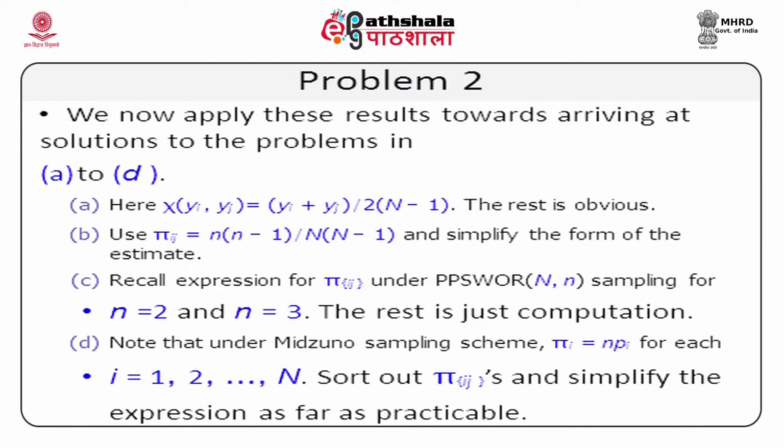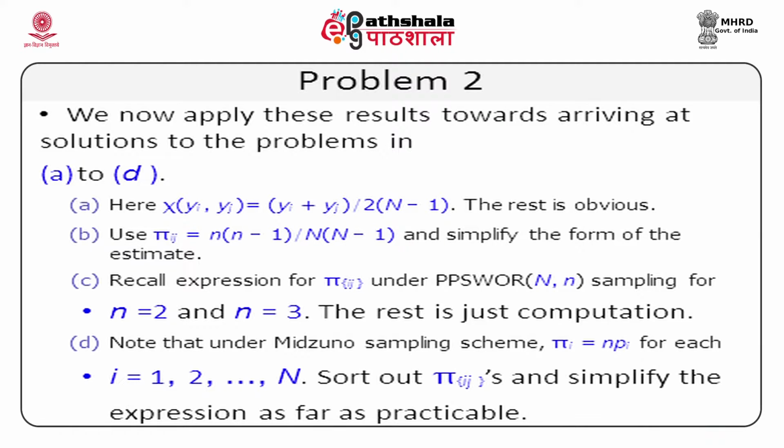Sort out pi ij's and simplify the expression as far as practicable. Yeah, in the whole exercise, the interesting part is part B, under without replacement sampling. Because you know what is pi ij, the moment you simplify, you will end up with y bar. No matter how you look at it, you can look at it as summation yi